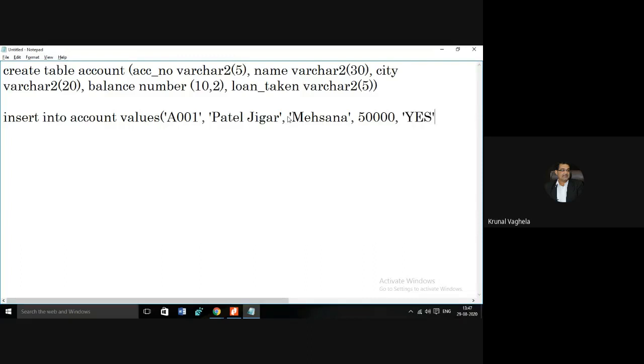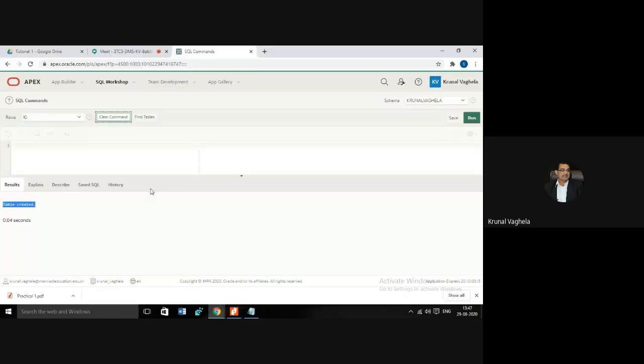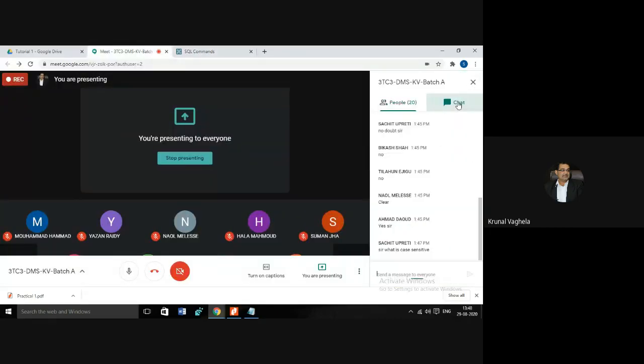Yes. Bracket over. So I need to copy this, Control C. Paste over here, Control V. Run. One row inserted. So any doubt how to insert the row?